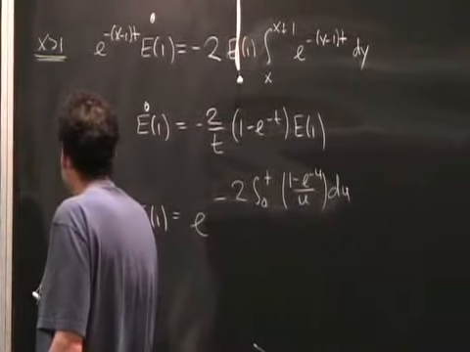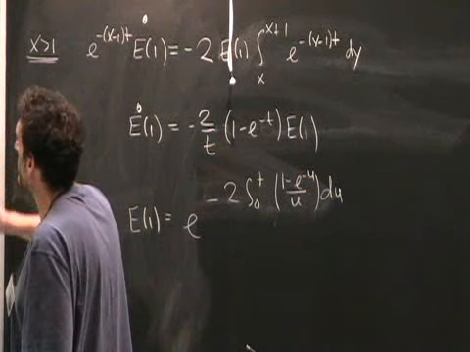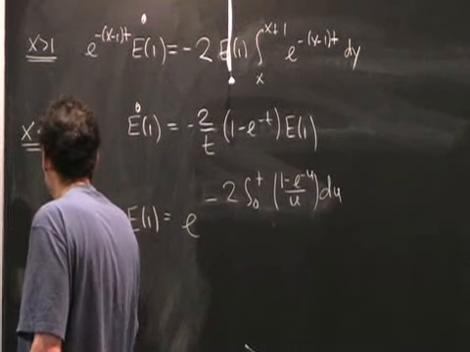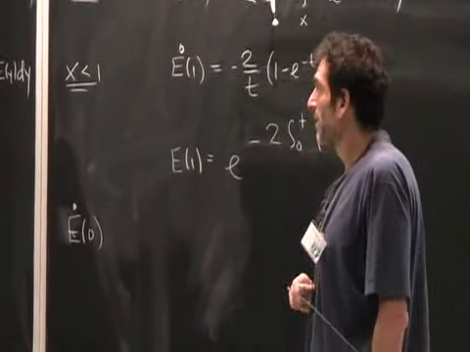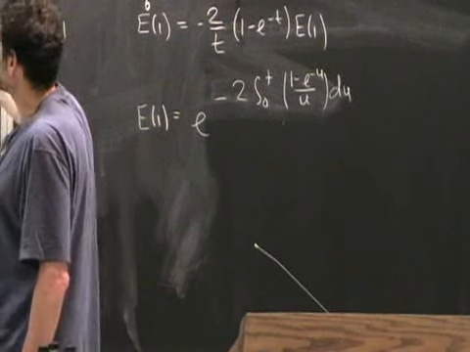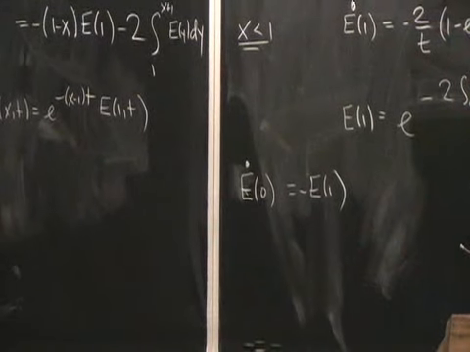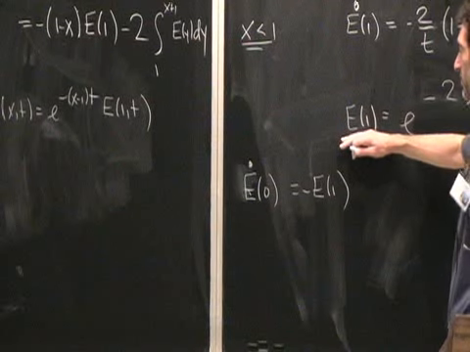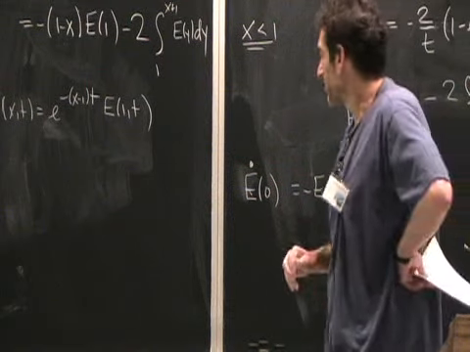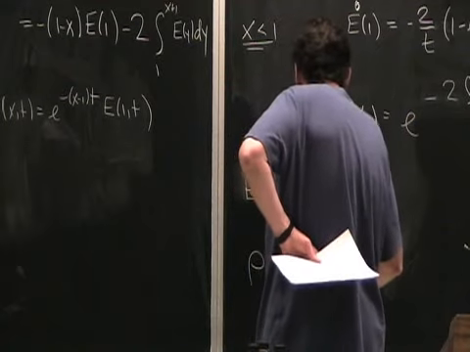And so for this case, let's look at the equation for x less than 1, which was the second equation. Let's look at E0 dot. So for the second equation, E0 dot, well, I plug in x equals 0. This term goes away, and I just get equals minus E1. So this probability of having an empty interval of length 1 is related to the time derivative of E0. But E0, I claim, is related to rho, which is nothing more than 1 minus E0.